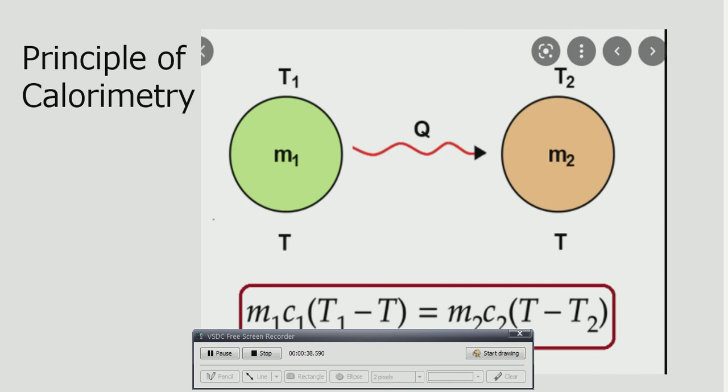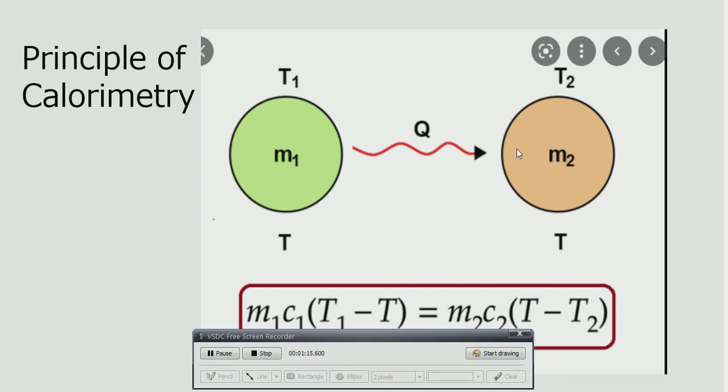Now what is thermal equilibrium? We know if there are two objects, suppose one object is M1 and another object is M2. Now two objects are in contact with one another. Contact can be of different types. Either M1 just touches M2, or M1 is in thermal contact with M2.